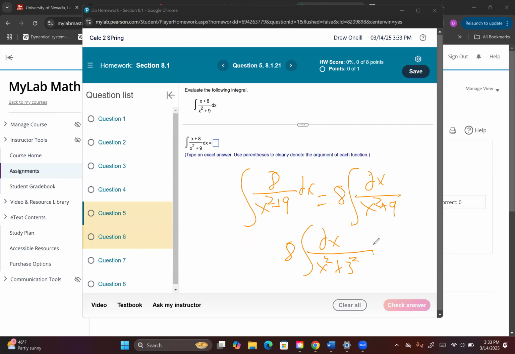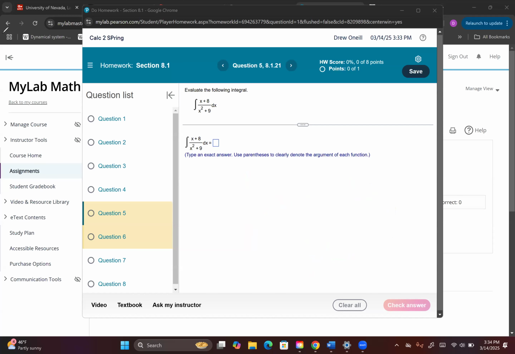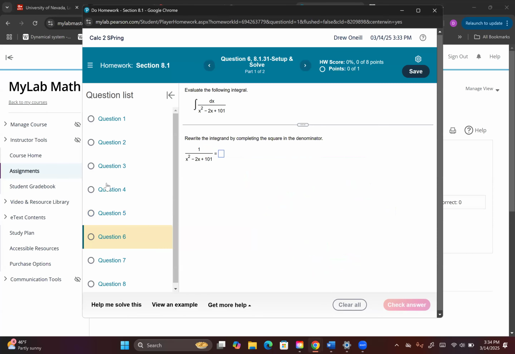And this is a known formula when you have x squared plus a number squared, that it's known to be arctan. Okay, so this is 8 arctan of 3x. Okay, again, that's just the formula. Okay, so make sure you have that. Just Google table of integrals and refer to it for this chapter. Okay, but this is a really, really important chapter, so let's make sure we treat it that way.